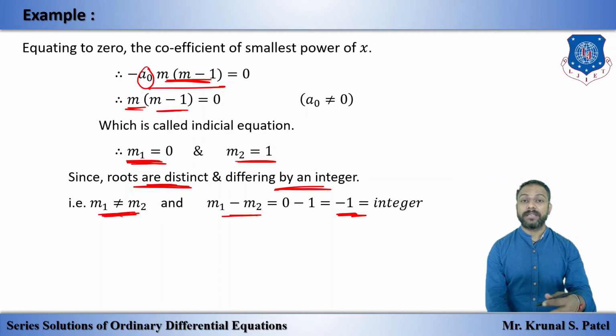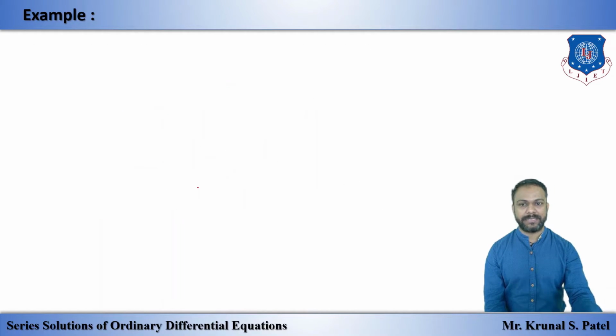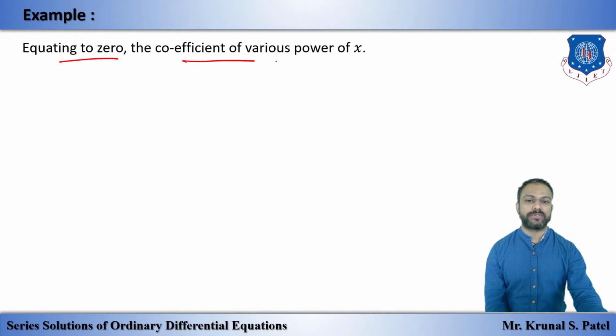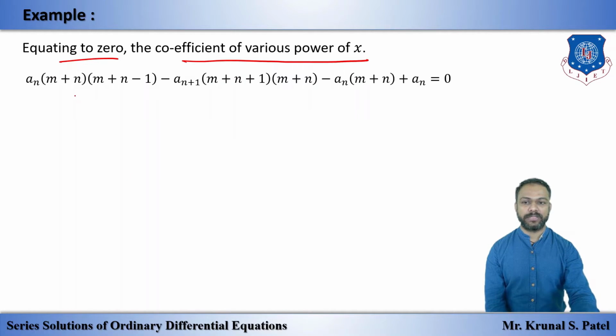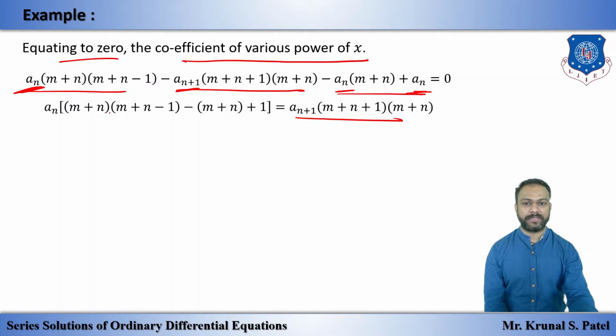Now in case number 3, which part, A or B, is applied here, we will also decide after getting the recurrence relation. So after deciding this, by equating to 0 the coefficient of various powers of x, we have this entire sigma. Here a0, an plus 1, sorry, an. So we take an together and we'll take this on the right hand side. So we have this an plus 1 in this, an outside. So we'll make this the subject. So this goes to the denominator.